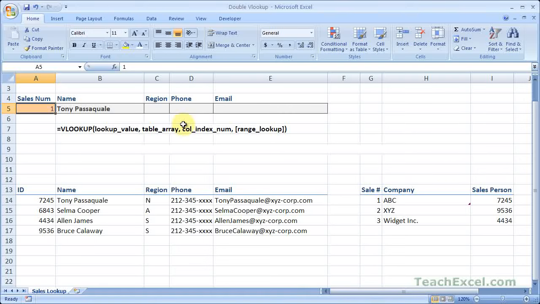Here we'll do a double Vlookup. So I'm going to show you how to basically just put one Vlookup within another Vlookup. And that's actually just simple function nesting, but it can seem kind of complicated or a little bit scary since